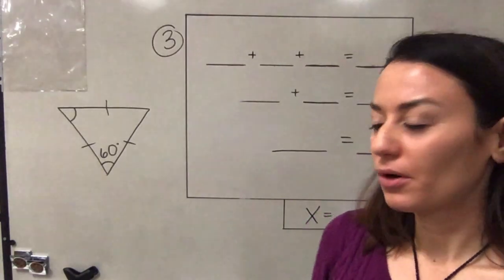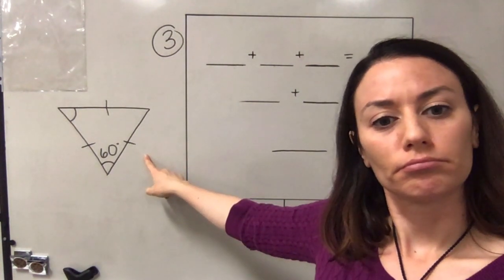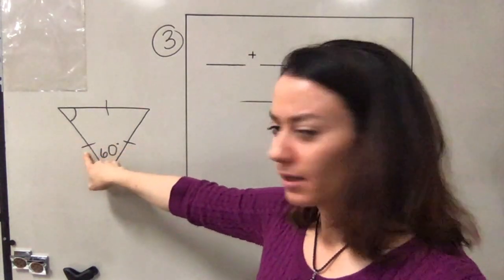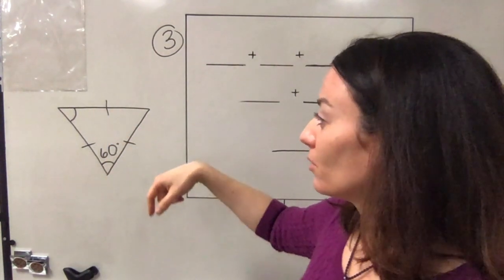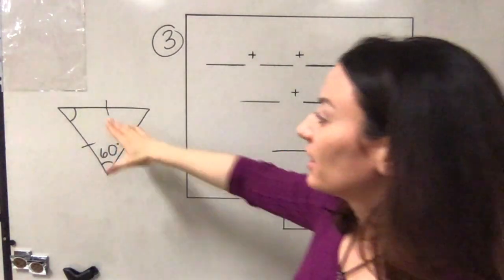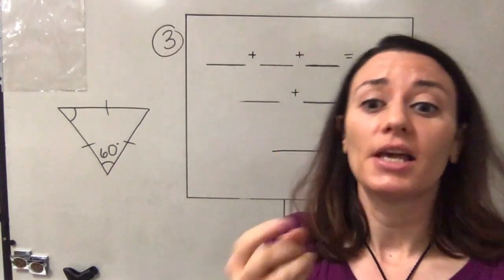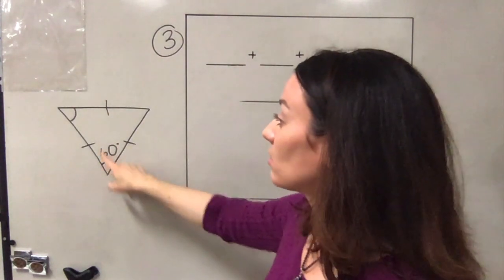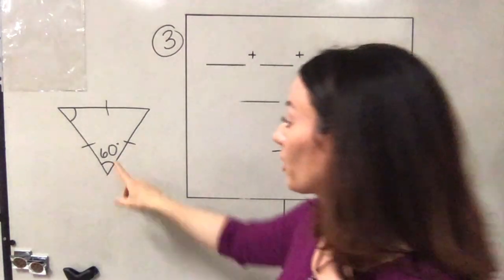Now look at the triangle in number 3. Is it an isosceles triangle? Does it have 2 equal sides? Yeah. Does it have 3 equal sides? Yeah. So it's also equilateral. It's what? Equilateral. So equilateral triangles are also isosceles because if it has 3 equal sides, it also has 2 equal sides. Now, you might already know what each angle is for an equilateral triangle, but